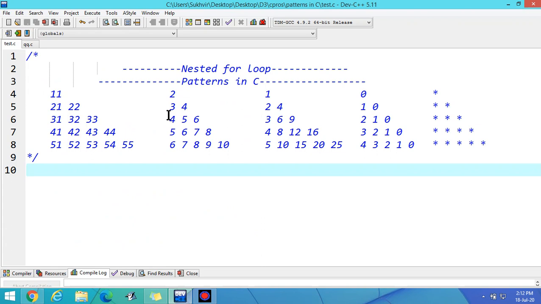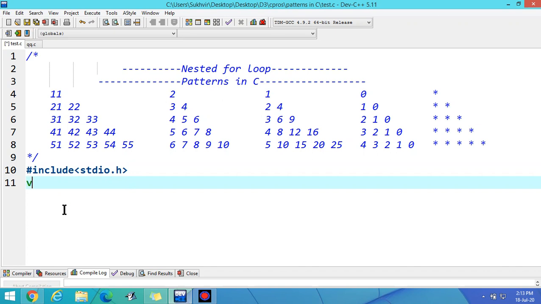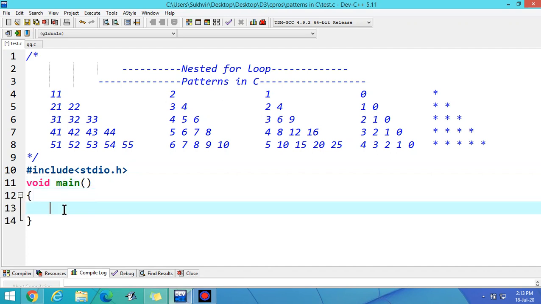Now suppose I have to print these patterns. These are basically nested for loops. Start with the content, include stdio.h, then void main. Look at the first pattern: the value of i is 1 and here the value of j is 1.